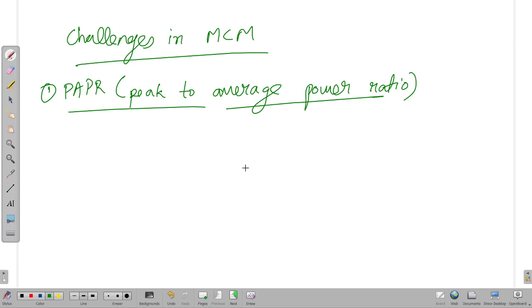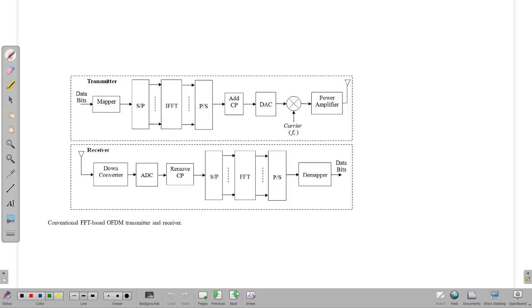So first let us discuss how this PAPR comes into picture, why it is regarded as a challenge for multi-carrier communication or OFDM in particular. First of all, let me go to this block diagram of OFDM transmitter and receiver. So here you have a transmitter receiver system,